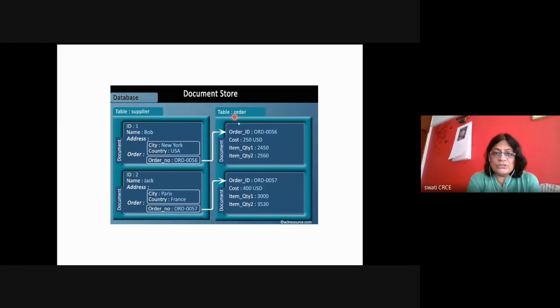So in this collection, you search the order ID 56, and from that document you extract 250 as a cost and display. Okay, so as such, at the database level, joins are not provided in the form of a primary key, secondary key, or foreign key, but a reference of another document is stored inside the outer document. So you have the outer document and inner document concept, and the reference of the inner document is stored in the outer document. Means here in the supplier table, the reference of the order ID document is stored, and via references they are extracting the information.